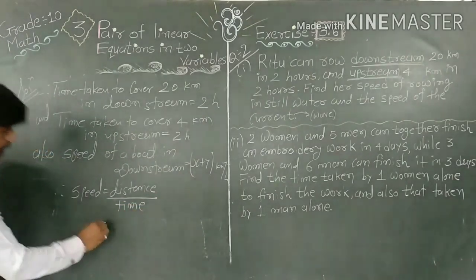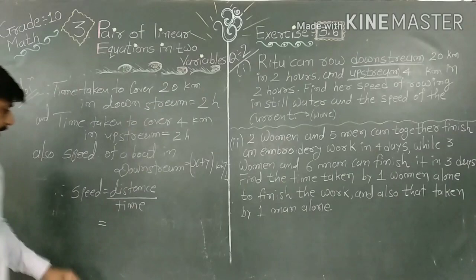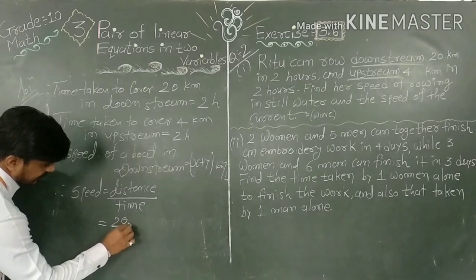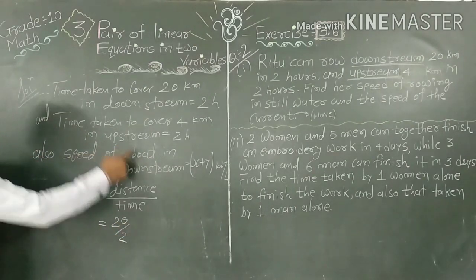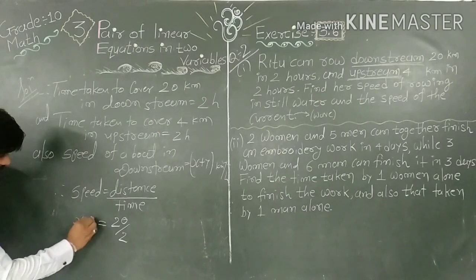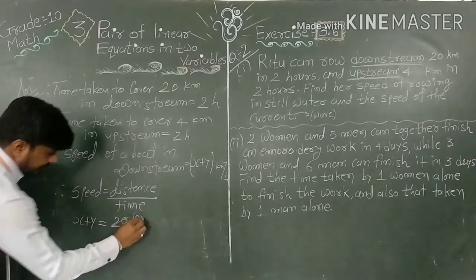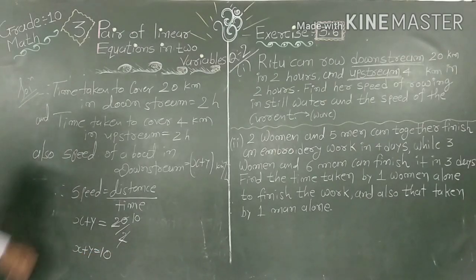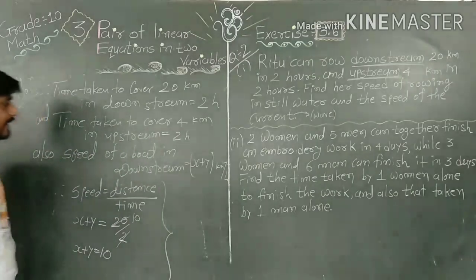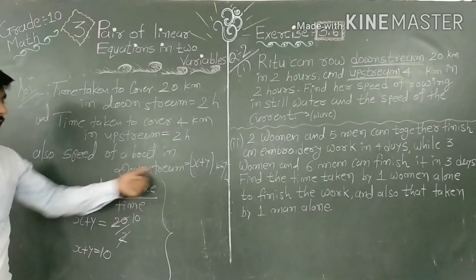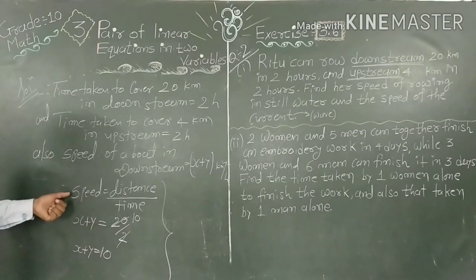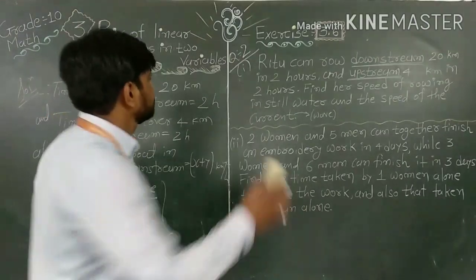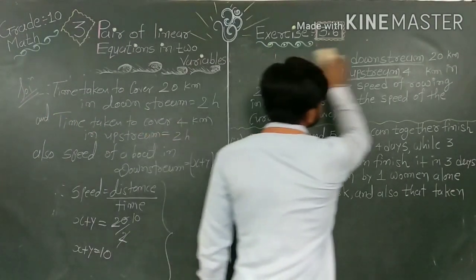Distance is 20 and time is 2 hours, and the speed is x plus y. That means 2 tens are 20, so x plus y is equal to 10. Now in a similar way, the speed of the boat in upstream is x minus y. Therefore x minus y is equal to